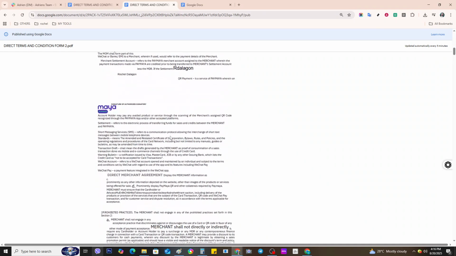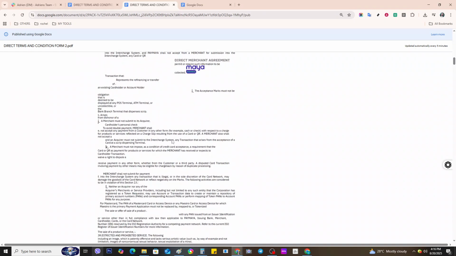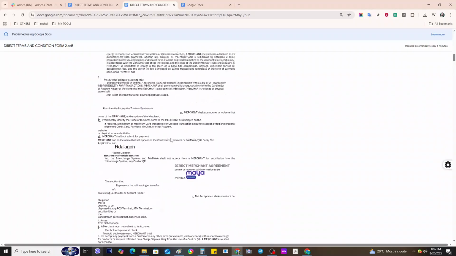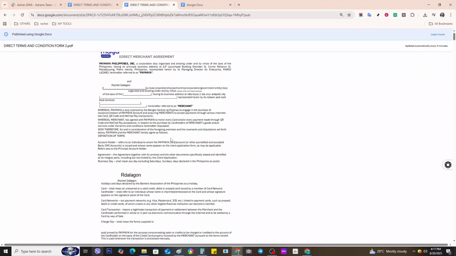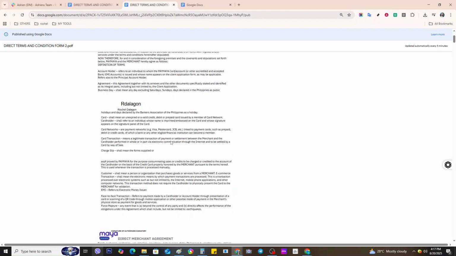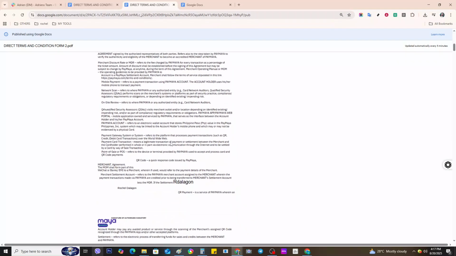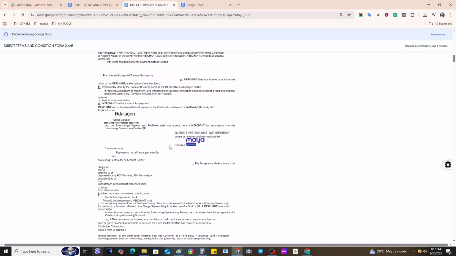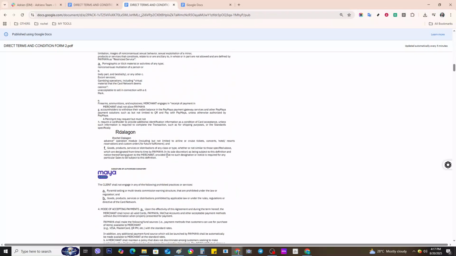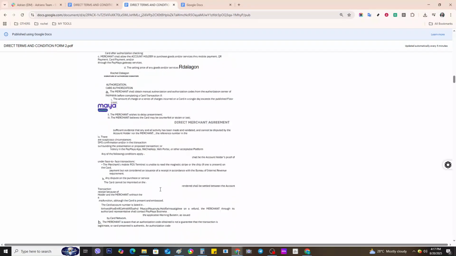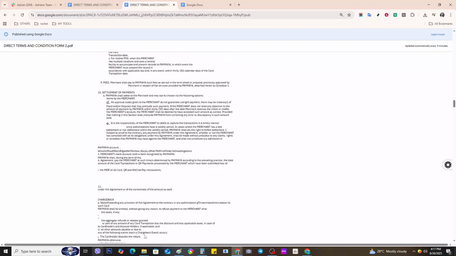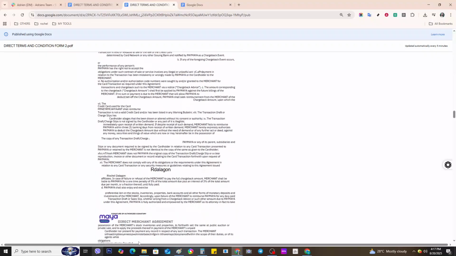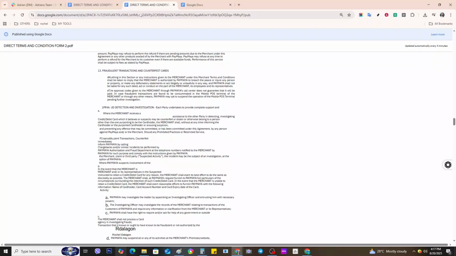Anyone with this link will be able to view the published version of your document even if they don't have access to Google Docs. They won't need to request permission or sign in, so sharing becomes effortless. And there you have it. In just a few simple steps, you've learned how to publish a Google Doc to the web, making your document accessible to anyone, anywhere. Feel free to use this method whenever you need to share your